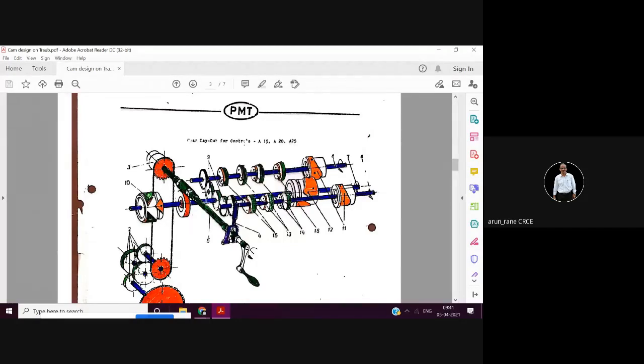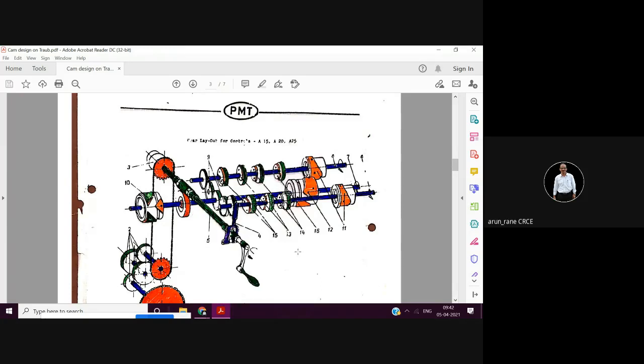Now as this shaft rotates because of this motor, the drive is transmitted through these gears to the front shaft and the rear shaft. So I hope this is clear. Again I will repeat, from the motor this central shaft rotates, and from this the drive is transmitted to the rear shaft and the front shaft.